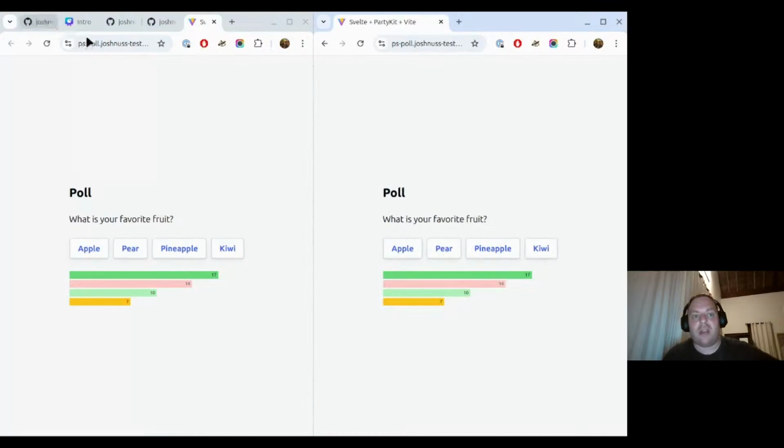This is running right now in Cloudflare, and this is a Svelte app. If I say Apple here, you're going to see it doesn't update right away because I have it going on a schedule. Now it just updated. So every 10 seconds, it sends out all the updates. If I do a bunch of updates, refresh here, and I'll try to do it faster than